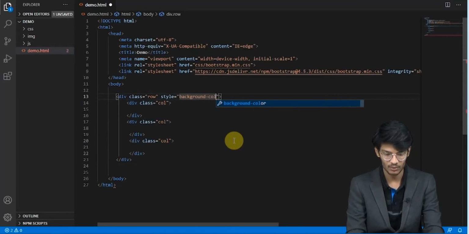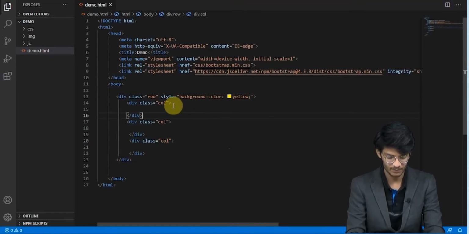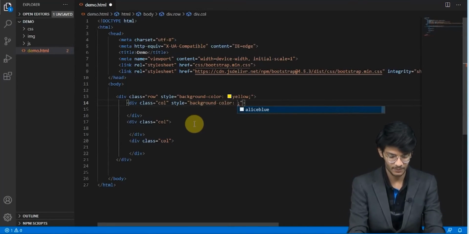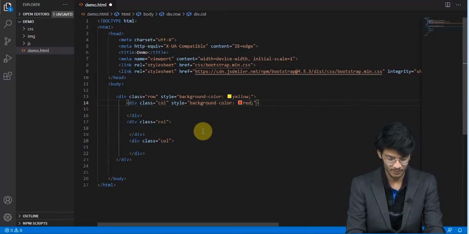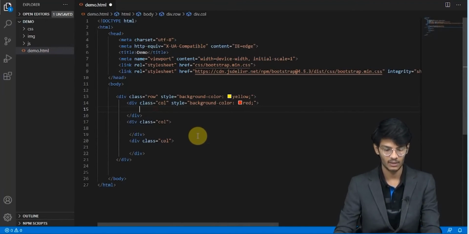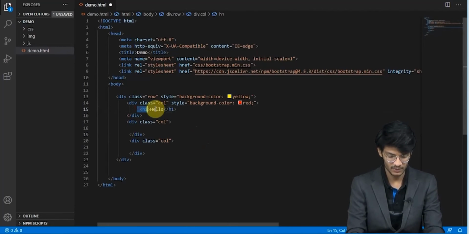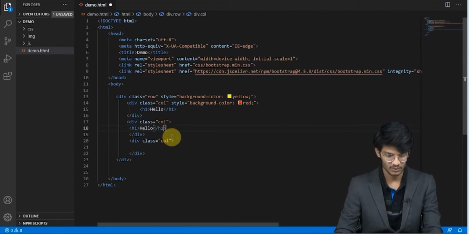we'll give it a background color to see what really happens. And we will give it a red color. So let's see if I give an h1 tag in here, what happens.